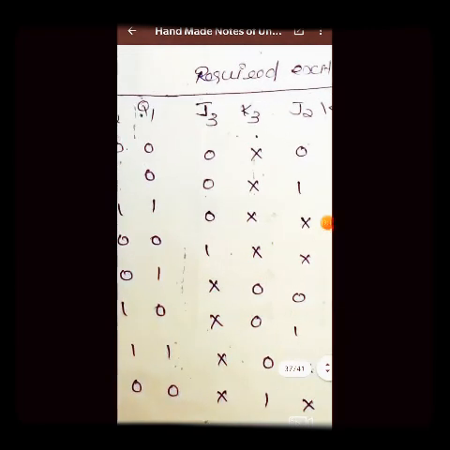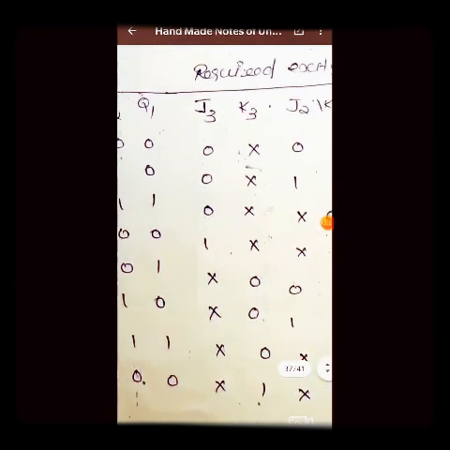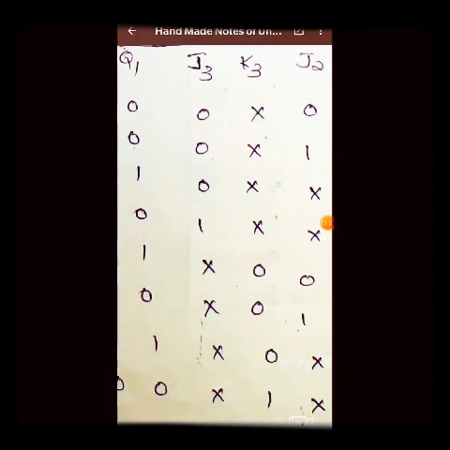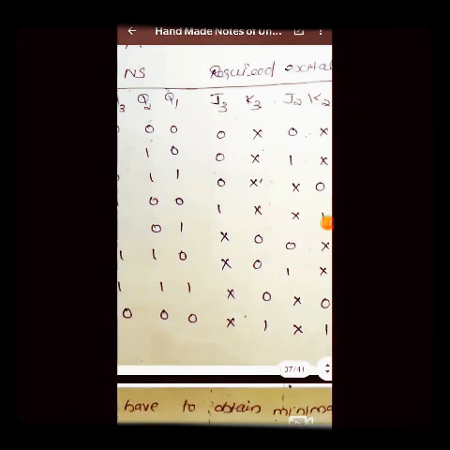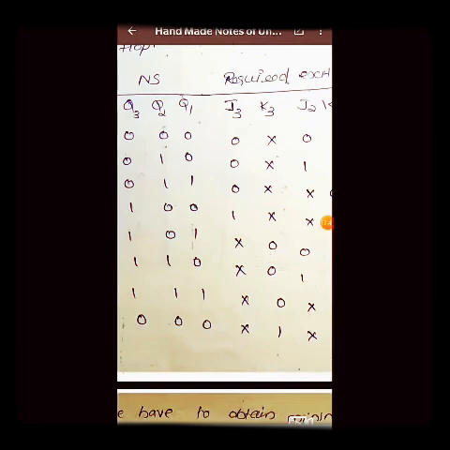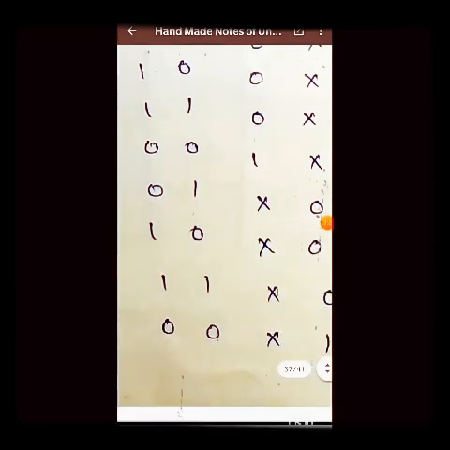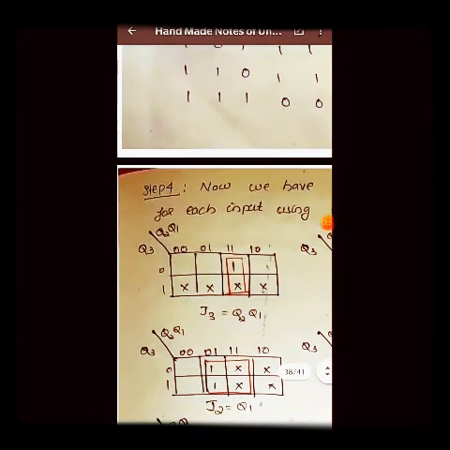So you need to make the K map for this whole column, a straight line from top to bottom, of the value of J3. So what are the values of J3 in this K map? The values of J3 are 0, 0, 0, 1, cross, cross, cross, cross. It means there should be 4 crosses and a 1, and the rest of the values should be 0, or you can leave them blank. So you can put 1 and 4 crosses for J3 in the K map. As you can see in this K map, there are 4 crosses and 1. So how can we put these values? You can put these values.